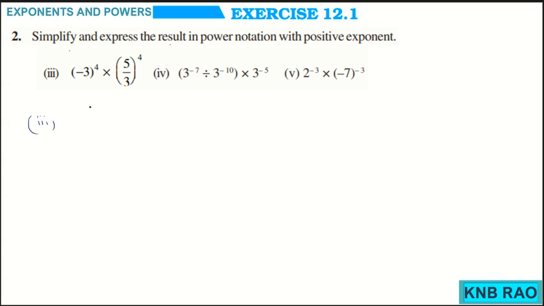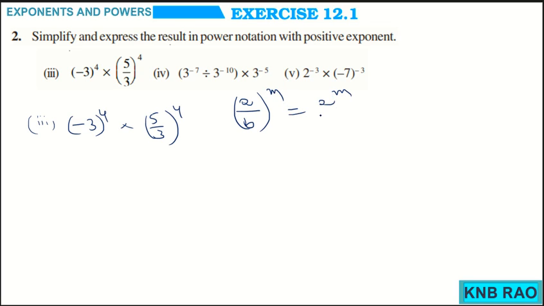In sub question number 3 we have minus 3 whole power 4 into 5 by 3 whole power 4, where again a by b whole power m is equal to a power m by b power m identity will be used to simplify 5 by 3 whole power 4. So 5 to the power 4 upon 3 to the power 4. This minus 3 whole power 4 is